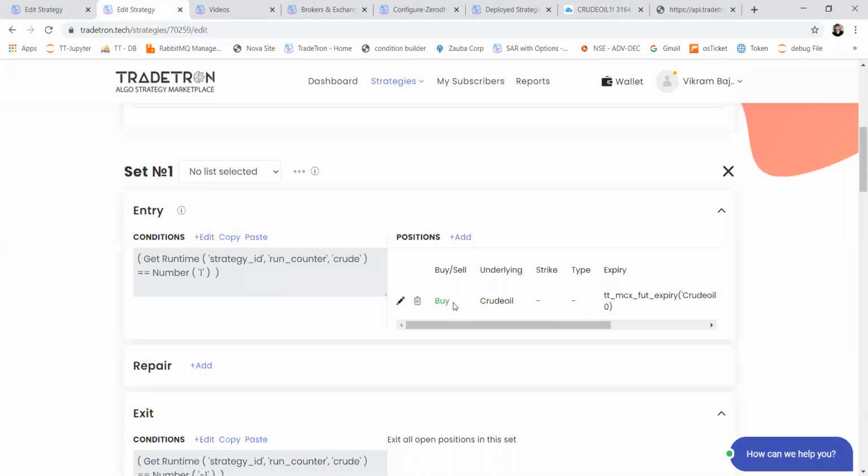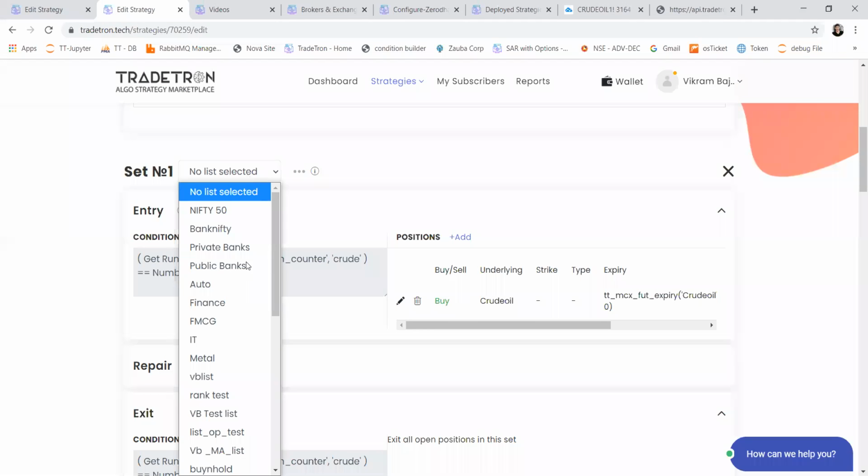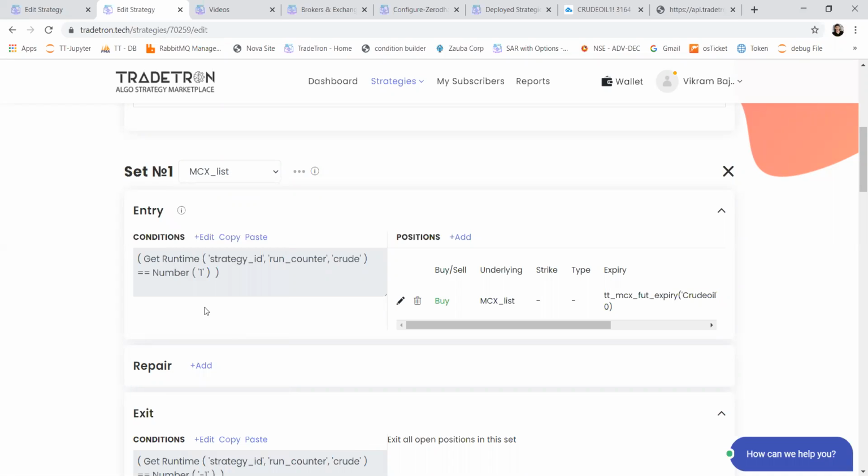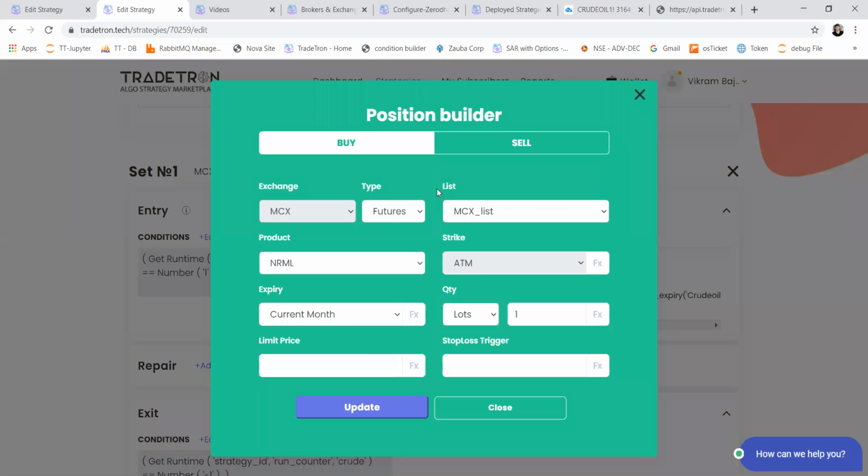So let's say instead of crude, I want to trade with a list of MCX futures. So this is my MCX list. So you'll see automatically this has changed to MCX list. If I click on edit, I'll see this list name here instead of underline, which was crude oil earlier.